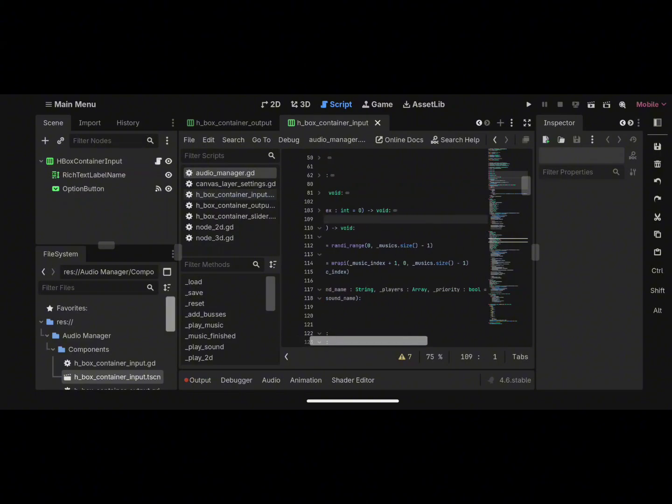As you can see, I use the method wrapi. You don't know what this is? Basically, the first part is the statement or the calculation. The second parameter is the minimum value, and the third parameter is the maximum value. So if you have a calculation where the minimum number is 0 and the max is 8,